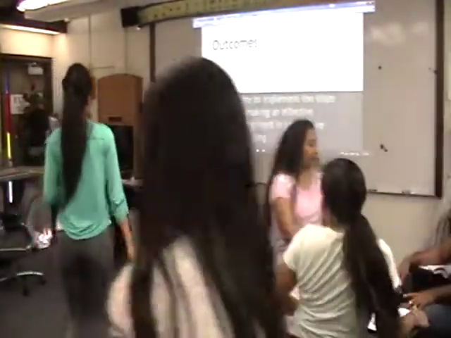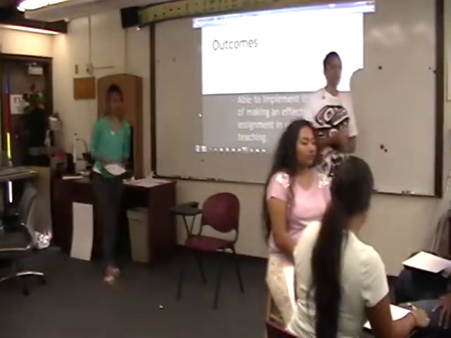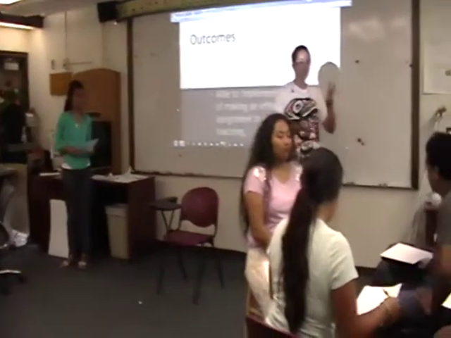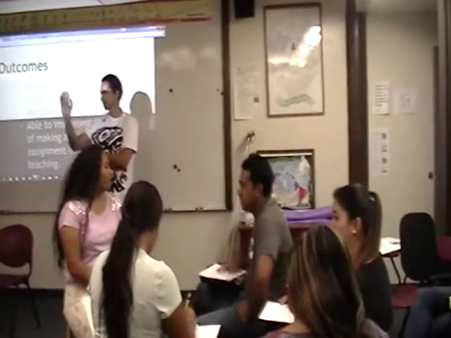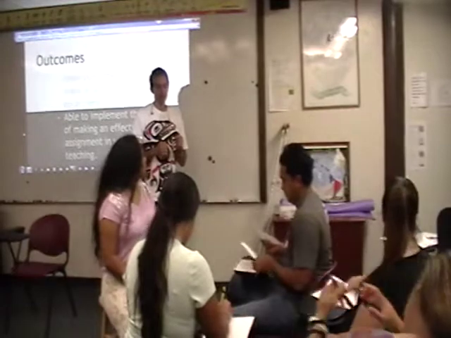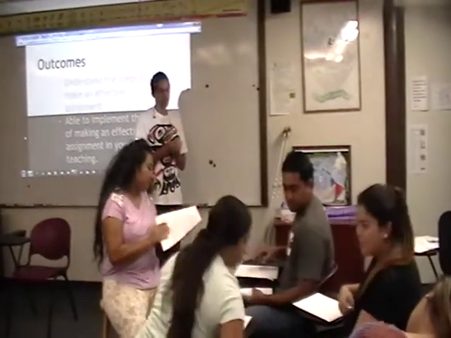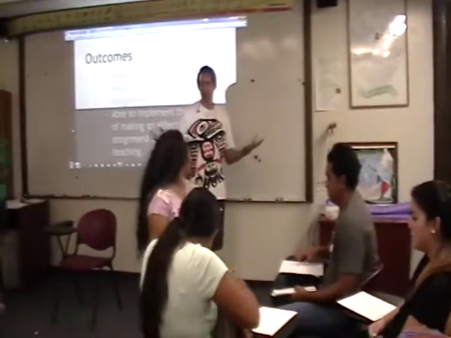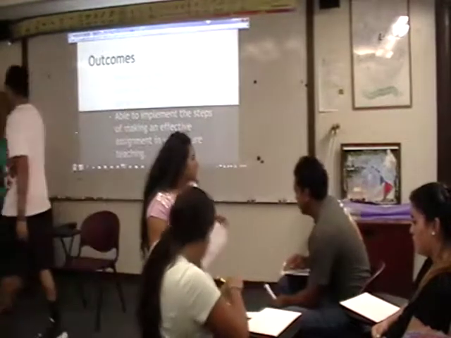Okay, so Seth's giving you guys a paper for you to take notes. Basically, the section you're in, think of it as your step. Section 1 is step 1, section 2 is step 2, section 3 is step 3, and section 4 is step 4. As we go through these steps, take note of what your step is and how to do it, because later on, after we explain the steps, we're going to break into groups. But we'll get to that later. So for now,